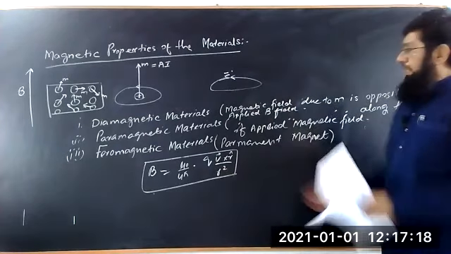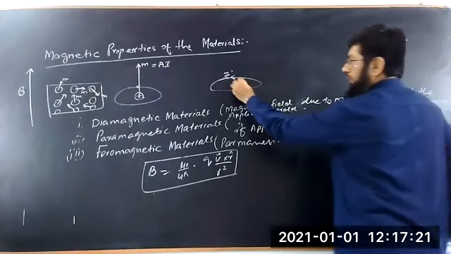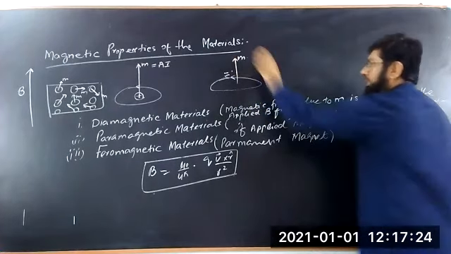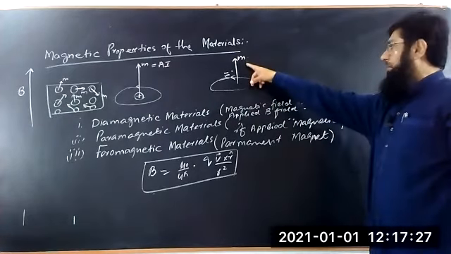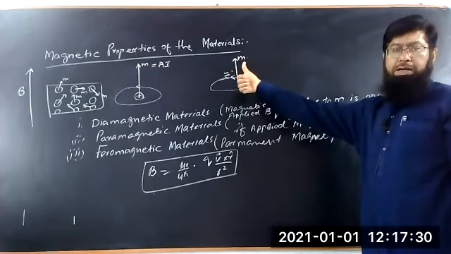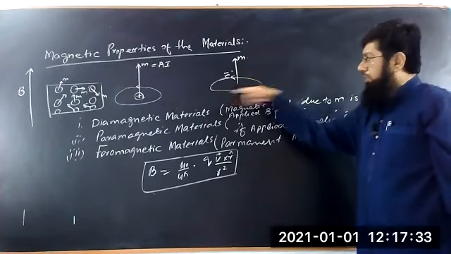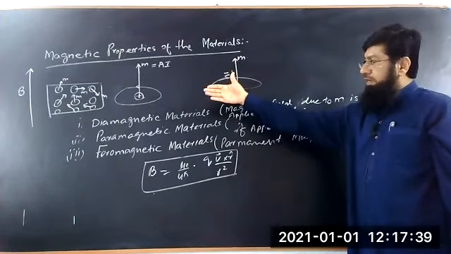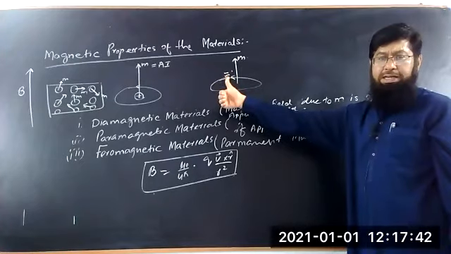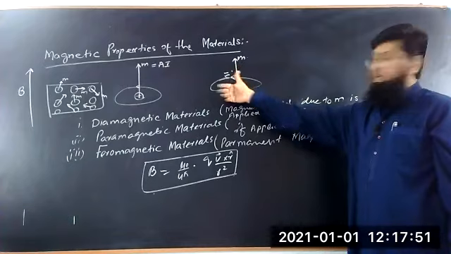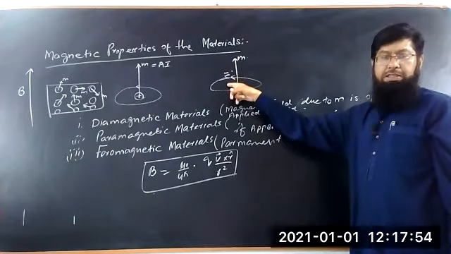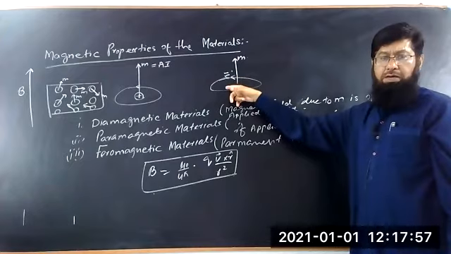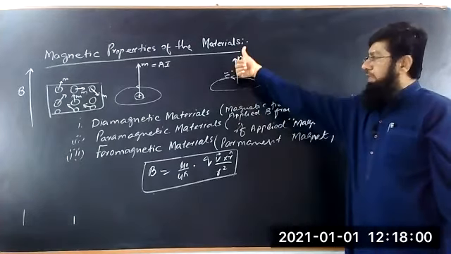Similarly, now here, you know that in the fifth chapter, you are very well familiar that this generates a magnetic dipole moment M, whose direction is normal to the plane of rotation. If we say that the plane of rotation is this, it means this is the right hand, and the direction of the fingers of the right hand indicates the direction of the motion of the charge, and the thumb points in the direction of the magnetic dipole moment. So in this particular case, the motion is counter-clockwise, therefore the direction is upward.